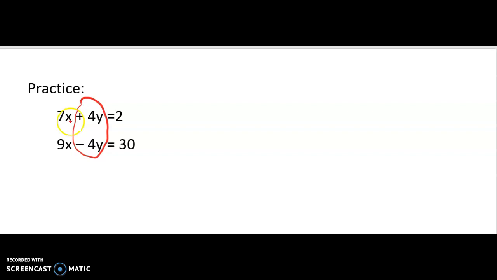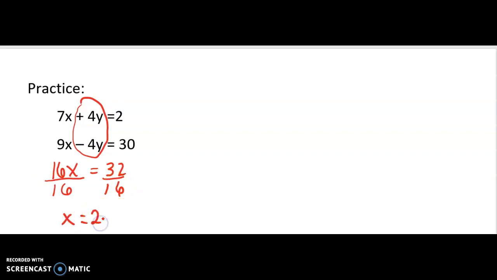If I have 7x and 9x together, that makes 16x. The y terms canceled out. 2 plus 30 is 32. So instead of substituting in, remember the last lesson, we put one equation inside the other. This time, we're just looking for opposite terms that eliminate so that we can solve for one of the variables. All right, now I have 16x equals 32. I need to get x by itself, so I divide both sides by 16, which is